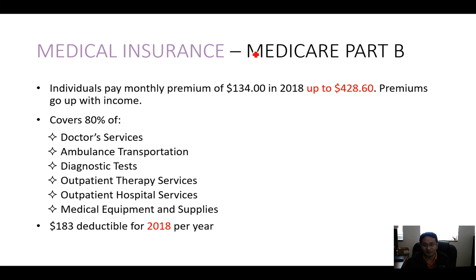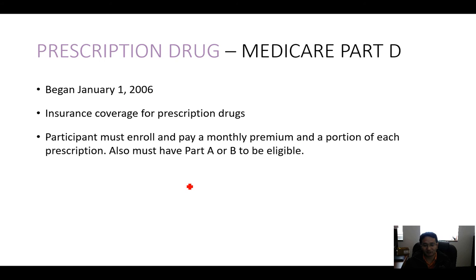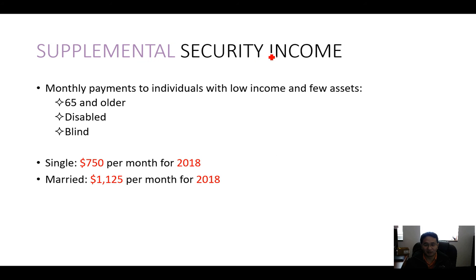Medical insurance, Part B, okay? So this is when you get all those benefits. But the thing you need to know is you have to pay a monthly premium for this. On the book, most people on average pay $109, okay? And then it can go up if you have high income, okay? So you will cover those. They also have deductibles. Part D is prescription drug coverage, okay? It was new, from 2006. And then you must have A and B to be eligible for this part.